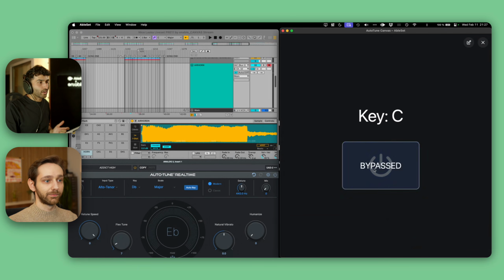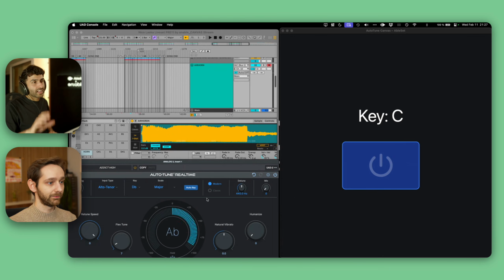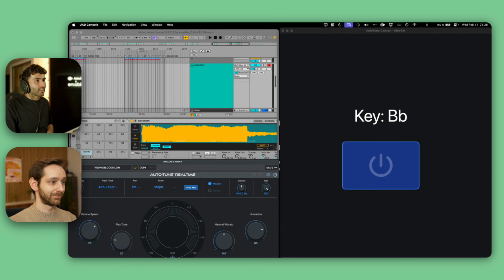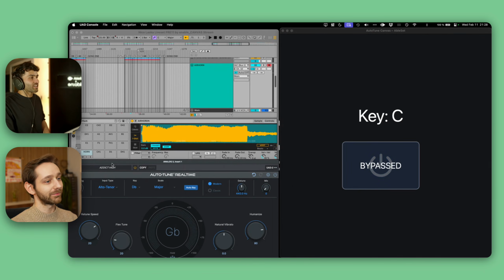I've got this bypass button set up to control the AutoTune bypass on my Apollo, and this is bidirectional, so if I bypass it there, it'll actually get displayed. And then I've set up something that's not working perfectly at the moment, but I had it working for a second there. Right, okay, there we go. Let me just bypass that again. Okay, so this is actually showing me the